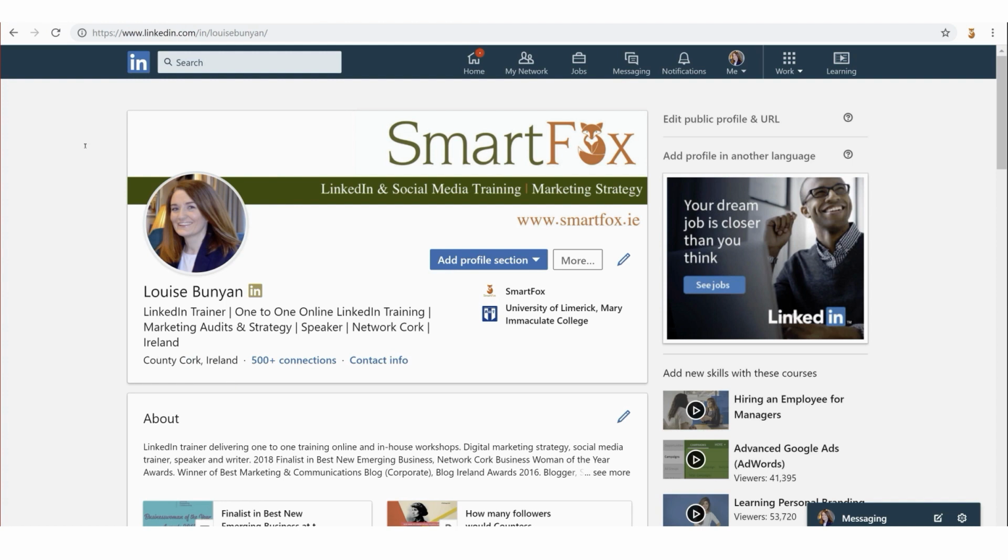So we do this for a couple of reasons. So firstly, I'm going to show you later, when we're looking for people on LinkedIn search, we can refine by location. So a lot of recruiters, if they have a job in Cork, they will look in County Cork first. Now, of course, they will broaden outside of that, but their first port of call, the path of least resistance, is to look for the exact location first. So if you are job seeking, and if you are very specific about working in a certain location, this can actually work in your favour.